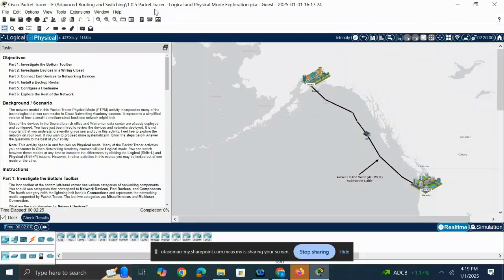Good morning, students. We'll discuss the 1.0.5 Packet Tracer, logical and physical mode exploration. Here we have a topology. There we have the Warrington data center and the Seward network. In between, we have a submarine cable. Here we'll discuss the different networking concepts and different components in a network by using physical mode and